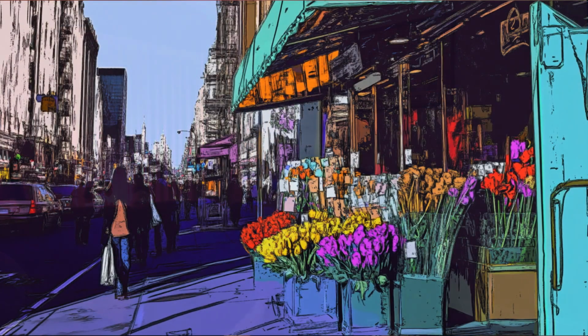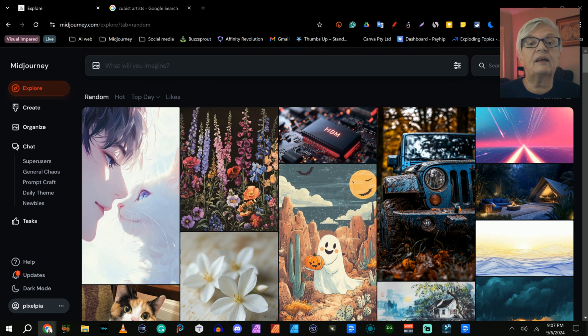Or if you're a fan of pop art, you might add "in the style of Andy Warhol" to get those bright, bold colors and simple forms. So what I have done is I have tried 3 different art styles. What I used as my prompt was "a city street at night in the style of."